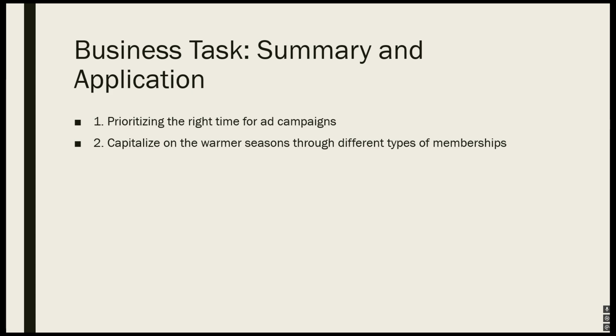Secondly, although the main objective of this analysis was to convert casual members into annual membership through ads, as mentioned before, it's simply just not possible due to the inevitable cold weather in which biking is just not as convenient as taking a vehicle. Around 5 to 6 months of the year, it's just too cold to bike. This explains the lower numbers that we saw during the data for bikers during the year.